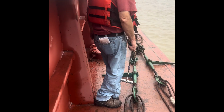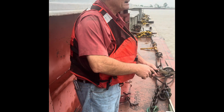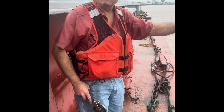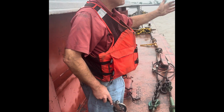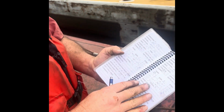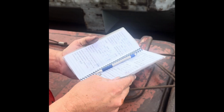Now remember, we're at the bow, so we just finished the starboard side. We're about to go down the port side. But we'll be starting with the forward, then the mid, then the aft, as opposed to aft, forward, mid, because we'll be starting from the front or the forward of the barge. All right, now that we've got all 6 drafts, our 6-point drafts, and our wing tanks, our flotation tanks measured,